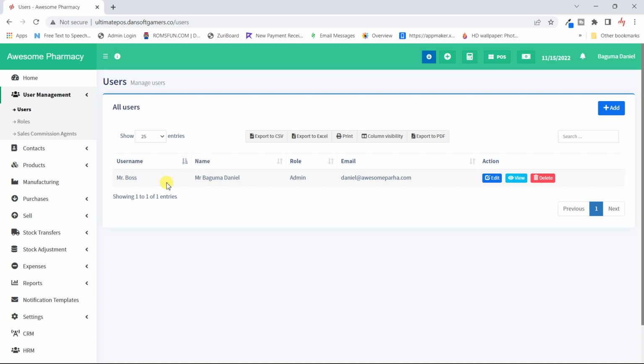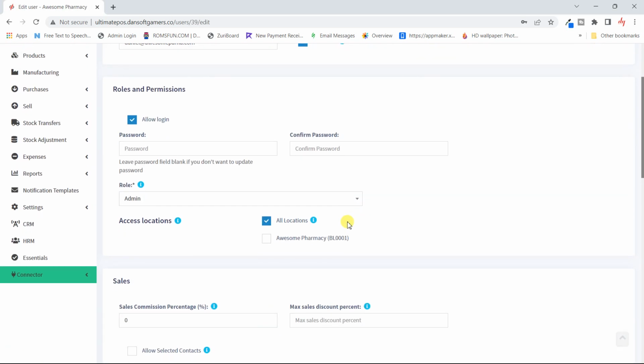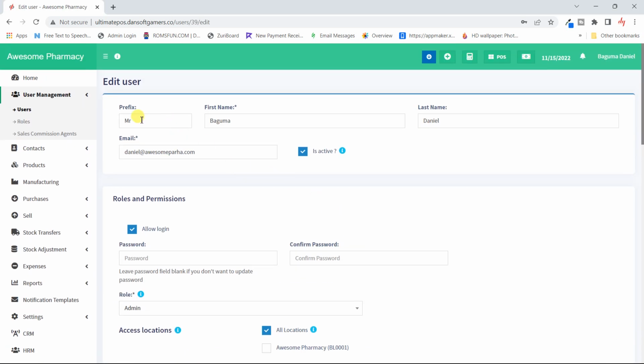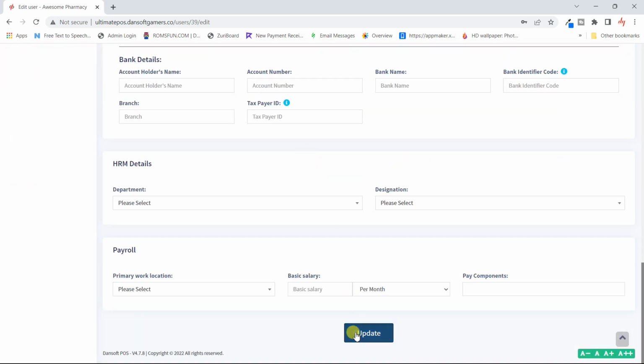So let's go ahead. If you look at the admin account, I can choose to edit it. Inside the edit, I can change the prefix for my name. I can change my names, the email. I can make the account active or not active. Let's first save it. If it's marked as inactive,